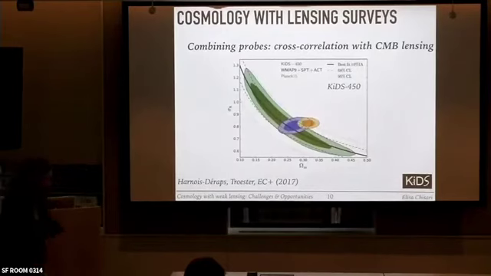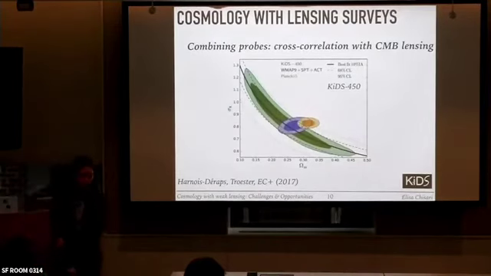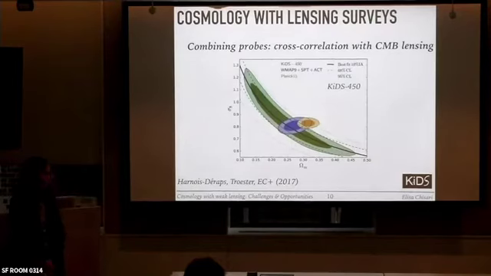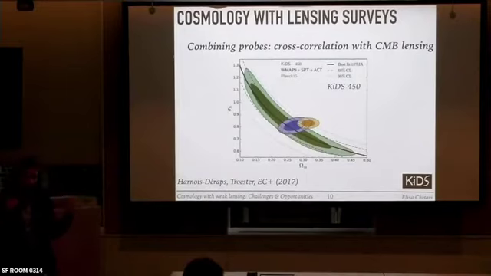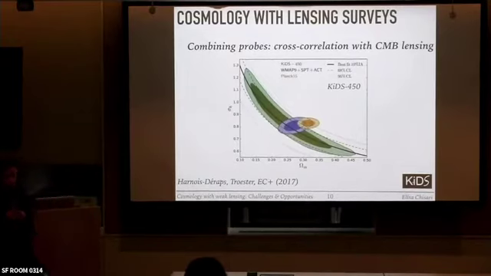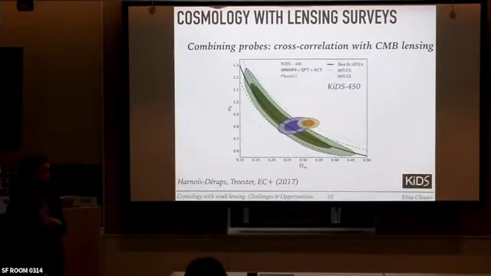And the other thing that we do is we combine that information in the gravitational lensing of the galaxies with the lensing of the cosmic microwave background. The reason we do that is because if either probe is affected by a systematic, in the cross correlation of those probes, that systematic effect disappears. So it gives us a robust check that we're doing everything correctly, and we get additional constraints on the cosmological